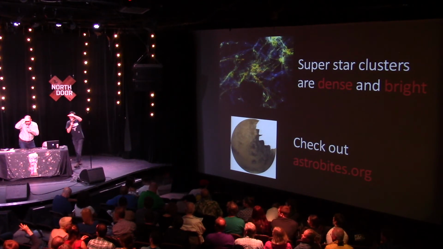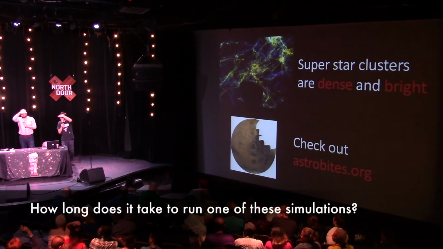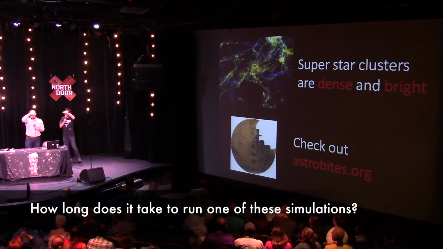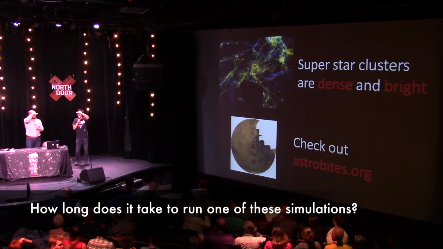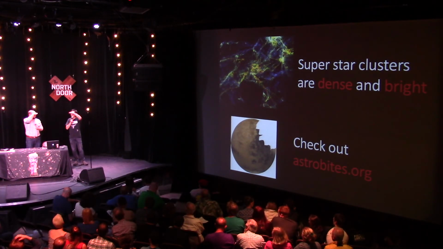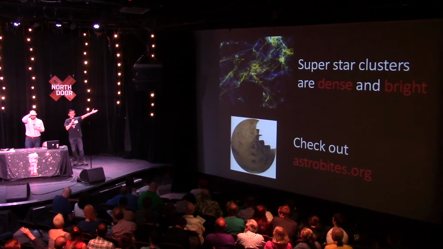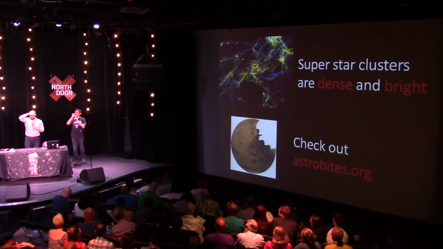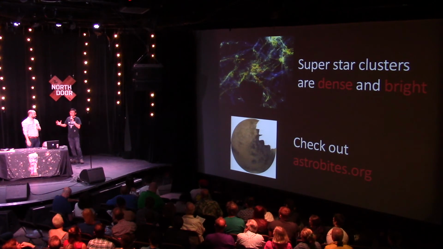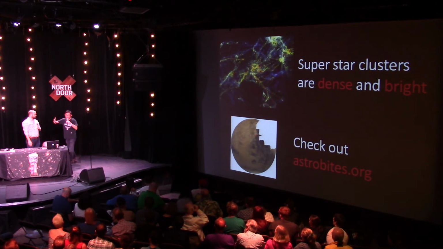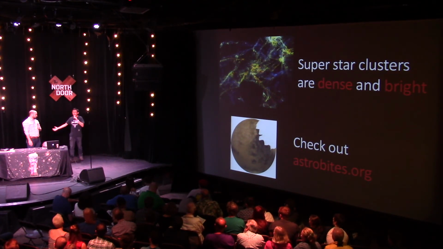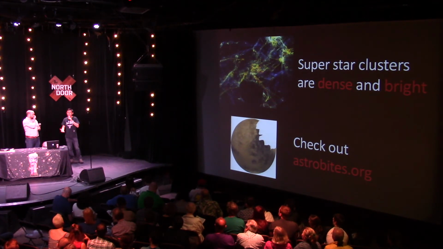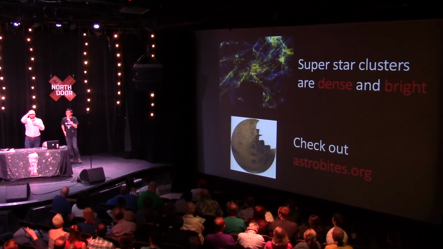How long did it take your simulation to run on the supercomputer? The question was, how long did my simulation run on the supercomputer? It took about 2 weeks on 1,000 CPUs, so it's a long time. On supercomputers, we typically use hundreds to thousands of CPUs at the same time. We connect them together, put in the physics, and let all the CPUs do the calculation at the same time for an extended period. If you do it on your cell phone or your laptop, it may take 20 years. That's a nice cell phone.